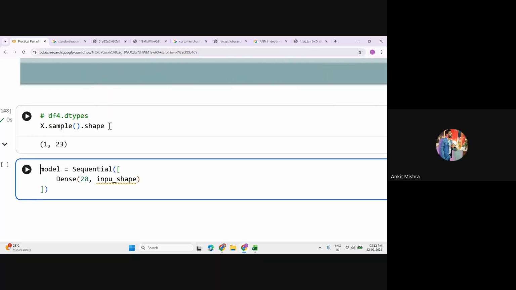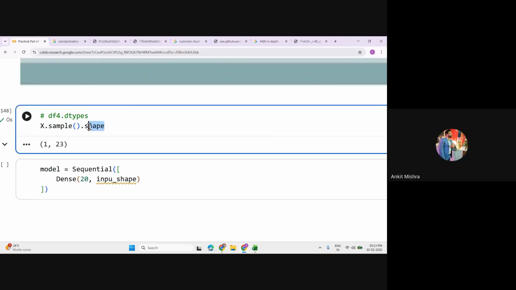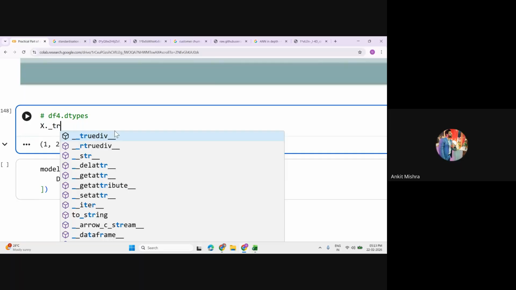This is the input shape that you have to give. The sample is not the one row that you have to give; you have to give the 23 features. So just simply pass this as x, because we have converted the data into training and testing parts. So let's call this x train